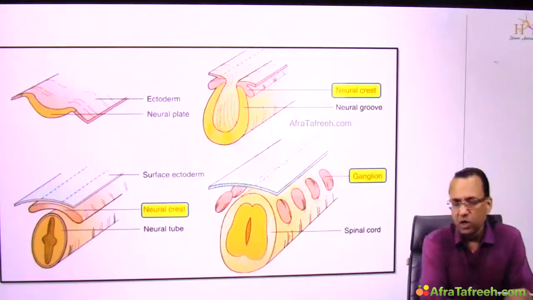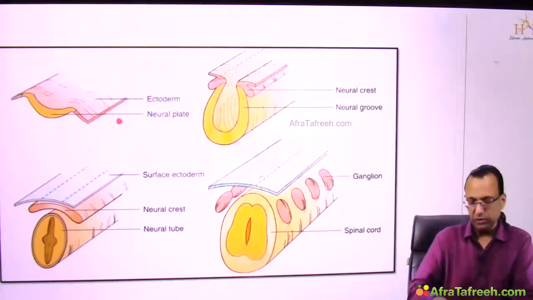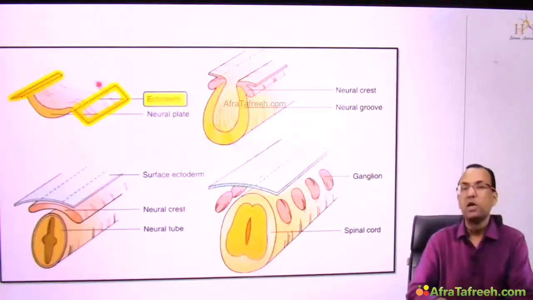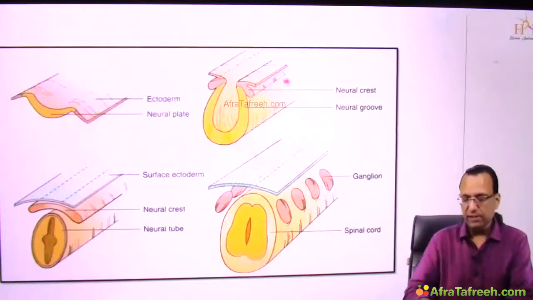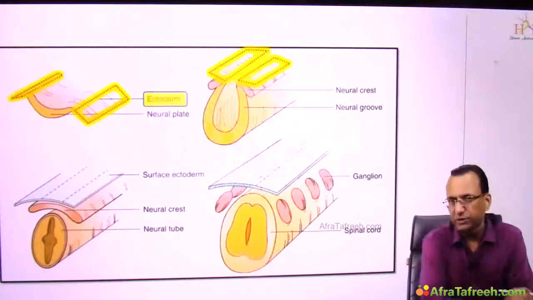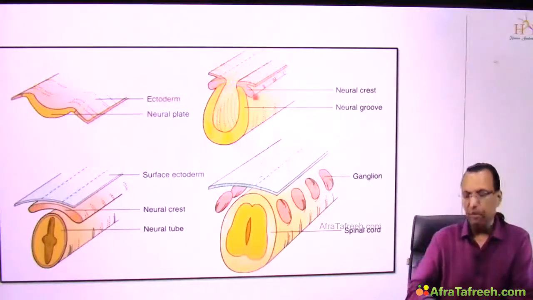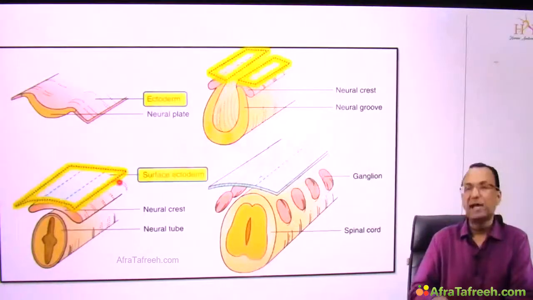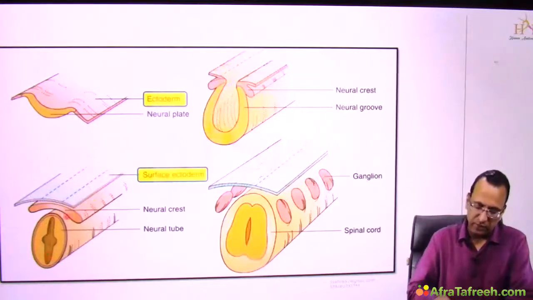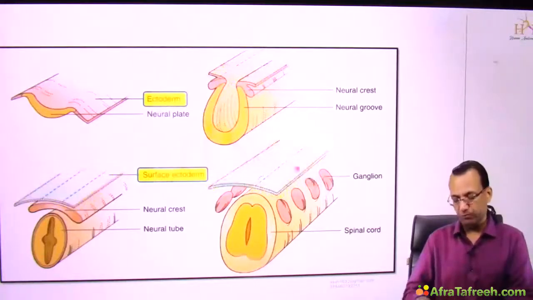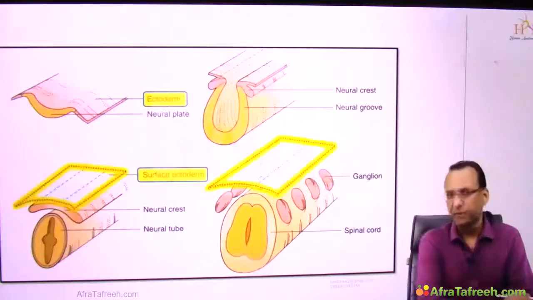Now, what about the most peripheral surface ectoderm? Actually, that most peripheral surface ectoderm, which is on the right side and left side, keeps coming close in the midline. So as it is closing towards the midline, it will actually fuse in the midline. As the neural structure will detach from the dorsal surface, the surface ectoderm will fuse in the midline to form the skin epithelium. So there will be surface ectoderm forming skin epithelium, which is skin epidermis,